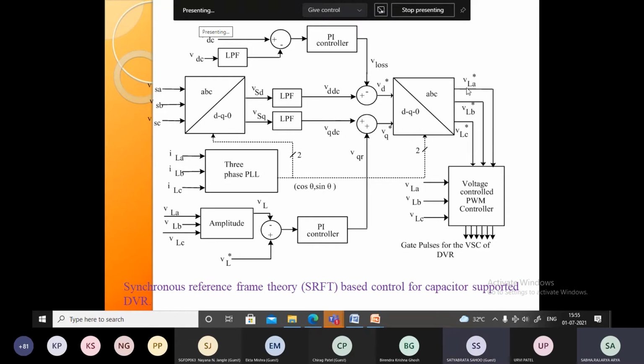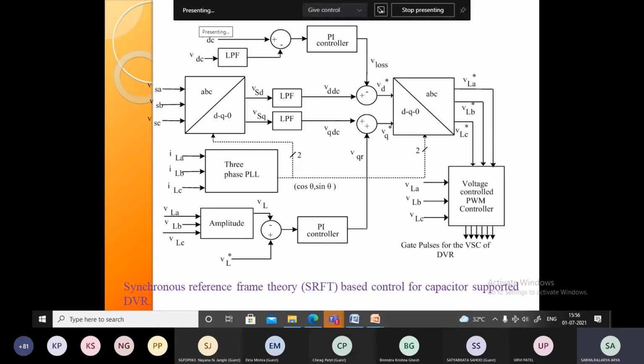After conversion of DQ to ABC, we have a load reference voltage, not current. In the conversion of ABC to DQ or DQ to ABC, we also need theta information. If we are going to control the voltage, you take theta from the current. If we are going to control the current, you take theta from the voltage. Means one out of two: if one is controlled, the second one carries the reference. Here you take the load current and put it through a PLL, and from the PLL you get sin theta and cos theta. These you use in the conversion of ABC to DQ and DQ to ABC.